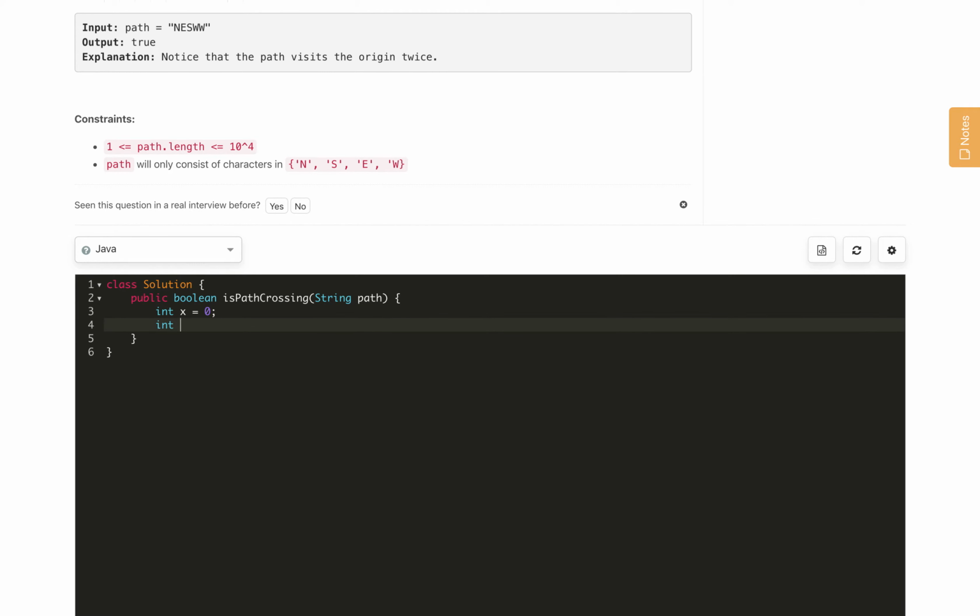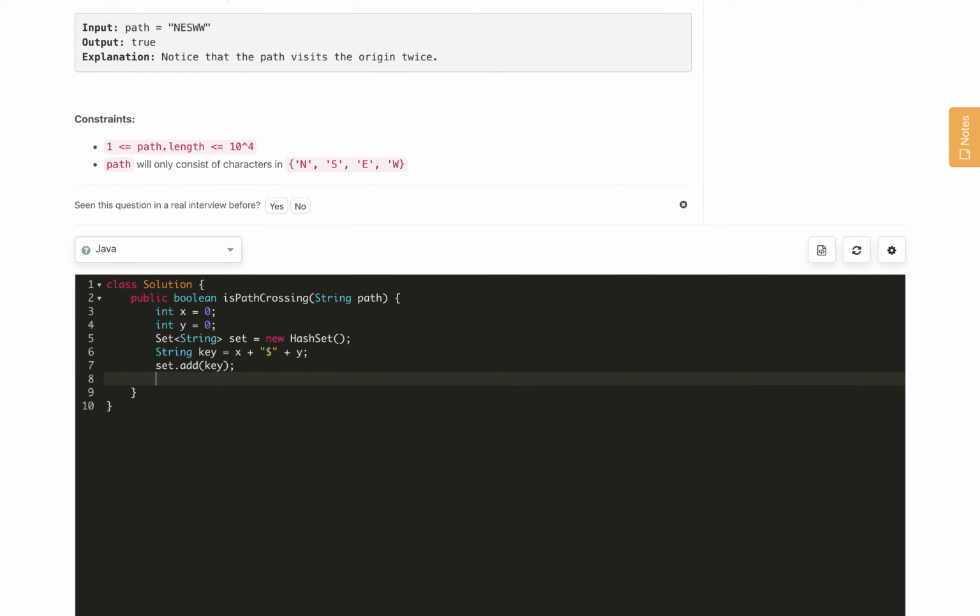Then we will create a string called key, that is x plus the path delimiter which is dollar, plus y, and then set.add(key). Then iterate over the path, for all characters in path.toCharArray.